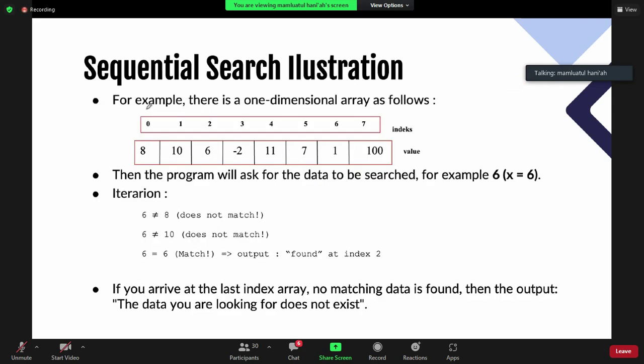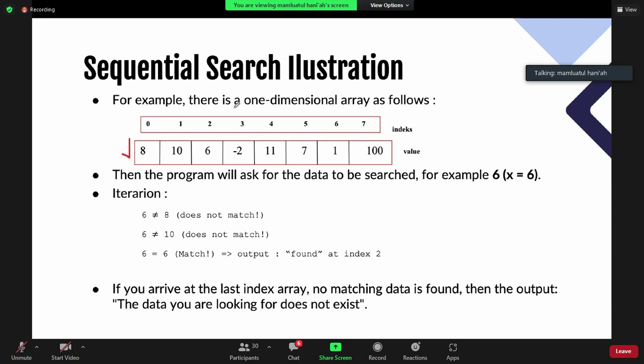Okay, this is the illustration. Maybe you have this array with the value x and so on. This is 1, 2, 3, 4, 5, 6, 7, 8.